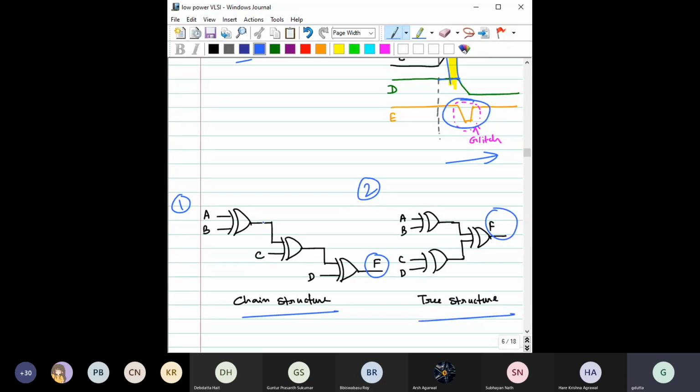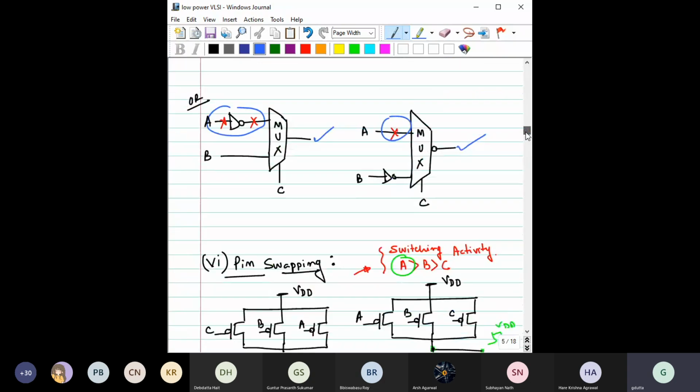Then definitely you can say here, for this scheme 1, the possibility of getting glitches will be much higher compared to that of this scheme 2 for this tree structure, right? So this is again something you should consider if you are designing a low power circuit. But if you recall from our previous discussion,